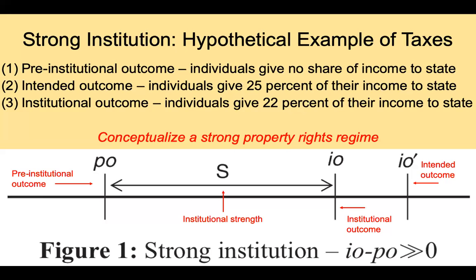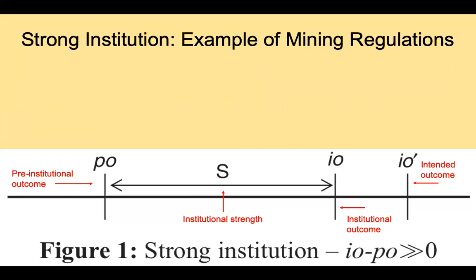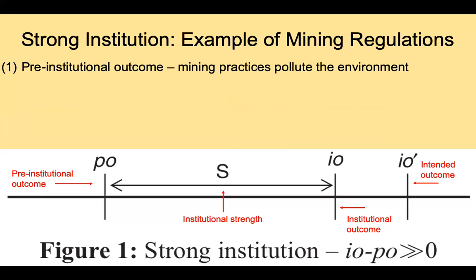And we could do that example. We could say that in the pre-institutional environment, mining companies do not make any changes to their practices, and their practices pollute the environment. In this pre-institutional environment, we suffer from the consequences of pollution, and there's a need for us to create